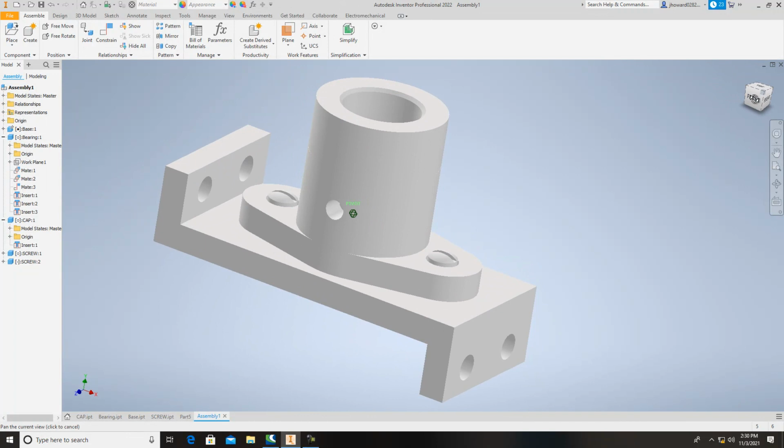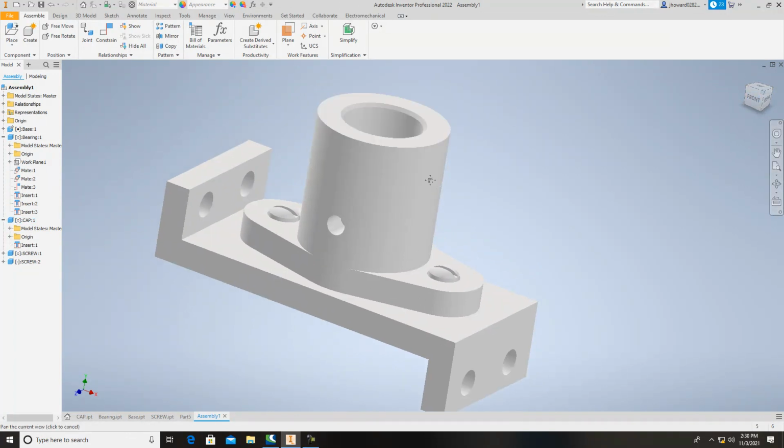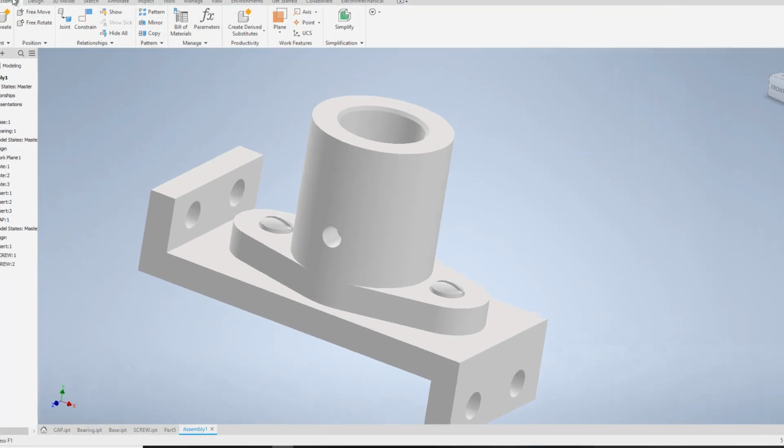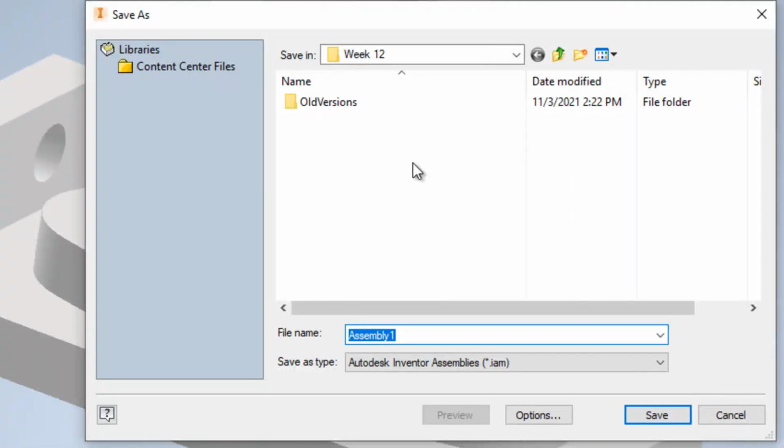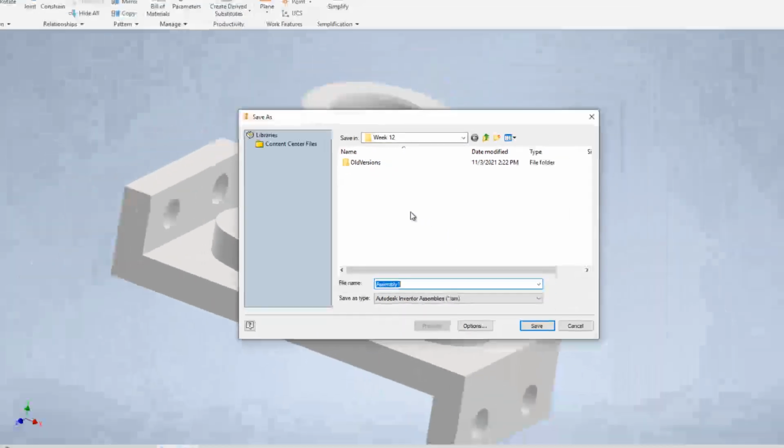So it is a really cool software, and just make sure that you save this somewhere where you can find it. I'm going to do a save because I want to make another video that's going to show you how to put this all together on your blueprint. So this will be Assembly 1,